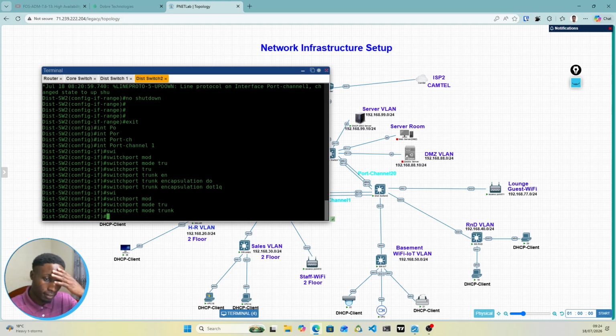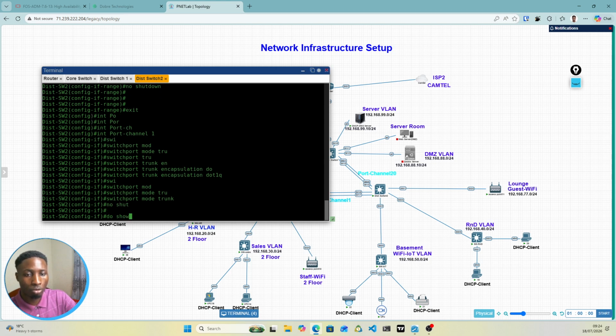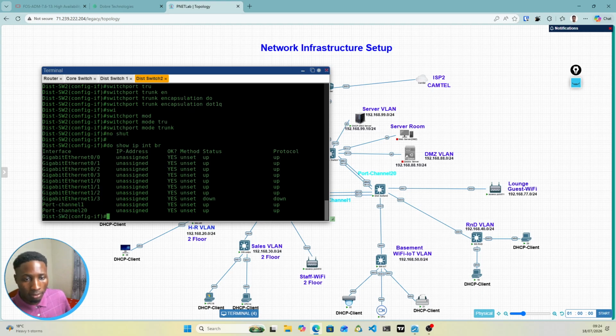So trunk the interface. So once that is done, I'll just take no shutdown here, and if we do show ip interface brief, we should be able to see that now the interfaces are all up, and those are our two interfaces that we created. And if you also do show etherchannel